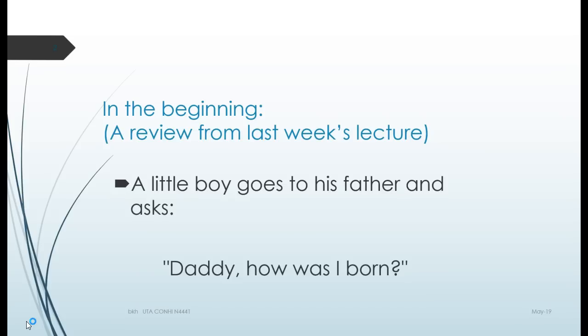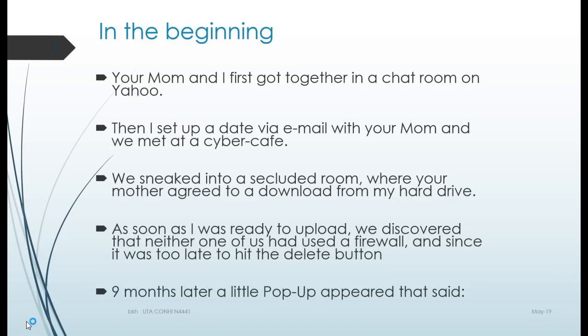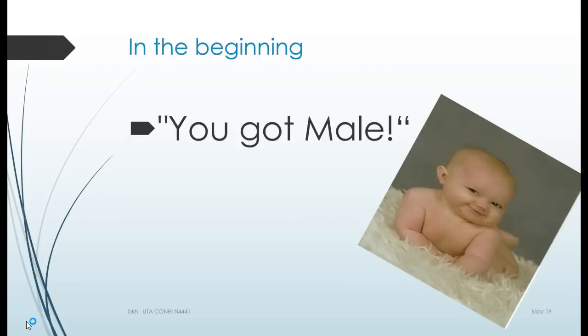So let's get started. In the beginning, a little boy goes to his dad and asks, "Daddy, how was I born?" The father answers, "Well, son, I guess you will need to find out someday anyway. Your mom and I got together in a chat room on Yahoo. Then we set up a date via email with your mom, and we met in a cyber cafe. We sneaked into a secluded room where your mother agreed to download from my hard drive. As soon as I was ready to upload, we discovered that neither one of us had used a firewall, and since it was too late to hit the delete button, 9 months later, a little pop-up appeared that said, 'You've